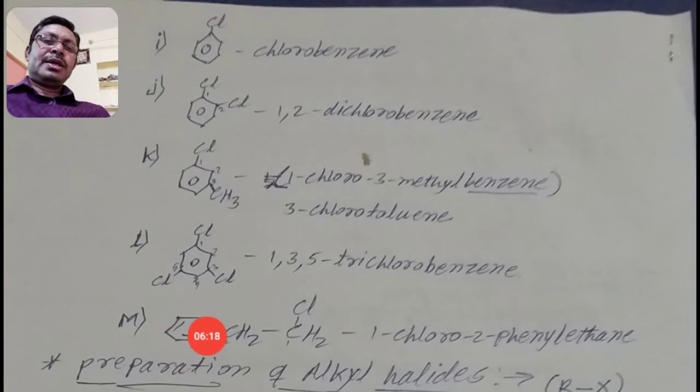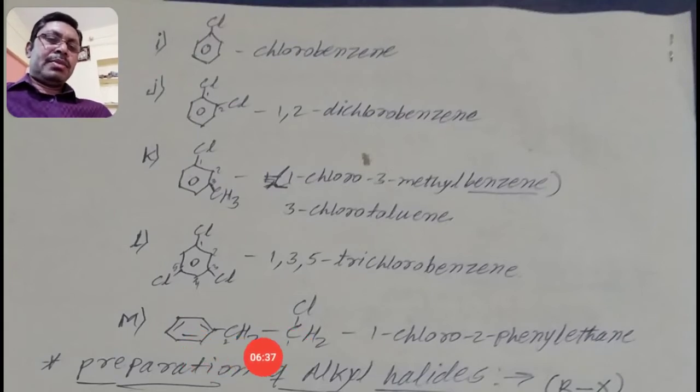It is not called benzene, it is a phenyl, because it contains one hydrogen less. Benzene has the molecular formula C6H6, but there is one hydrogen less, so it is known as phenyl. It has the formula C6H5. That means give that compound numbering and then give the name, giving the position of the halogen atom first,